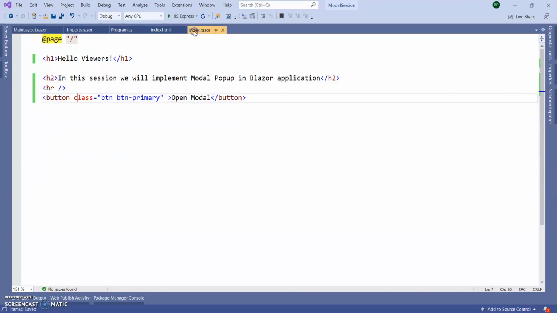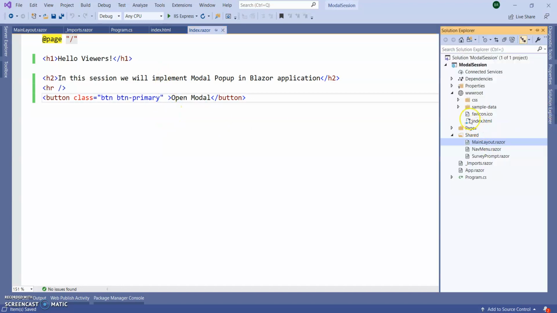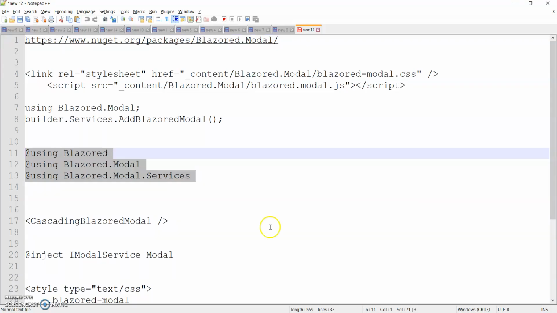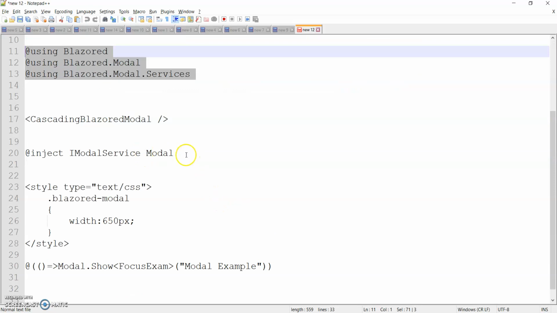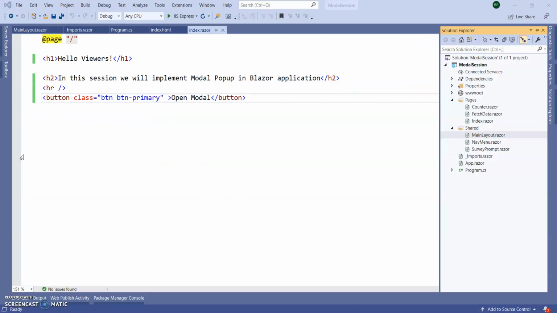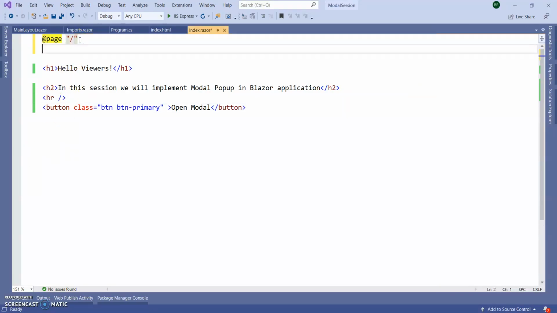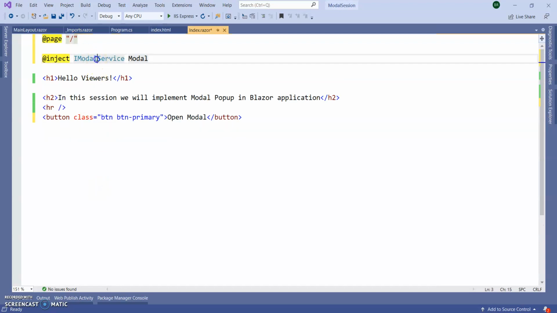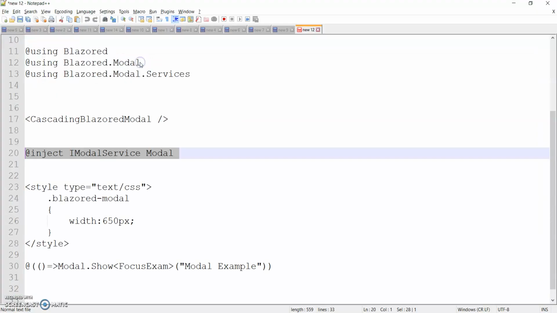Next go to our index page where this button is there. In this button we are going to call our counter page and page data page. For that we need to inject one service, that is inject IModalService, and I'm giving the service name as Modal.